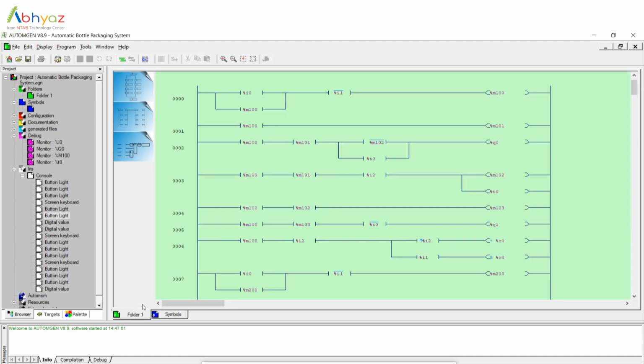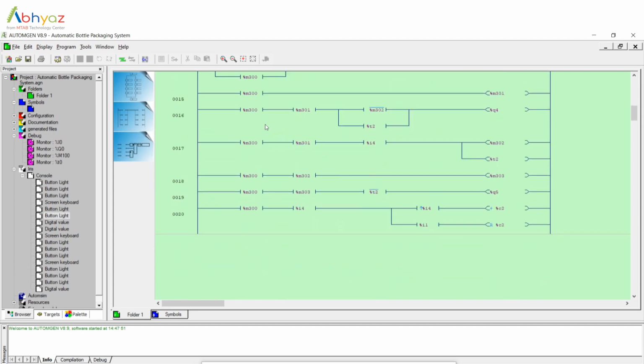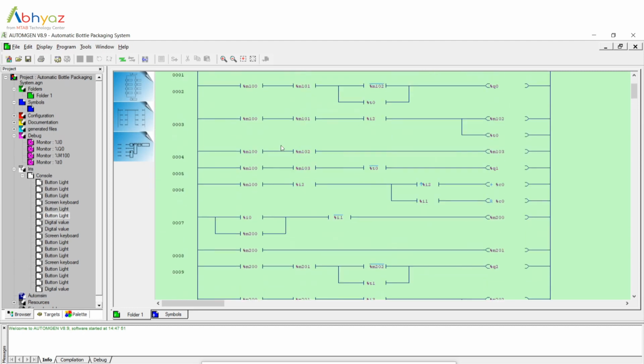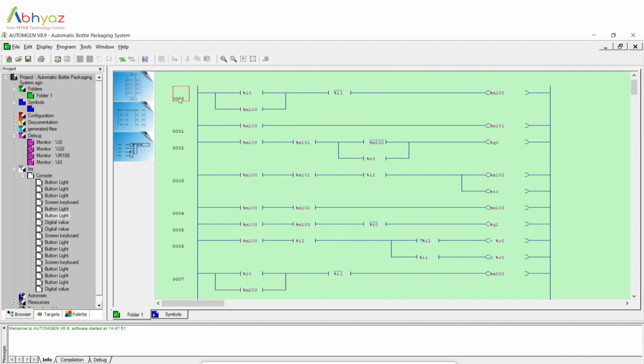So this is the ladder logic which has been applied to this automation process. This is the first rung of the ladder logic. This is the start button address, percentage input 0, and percentage I1 is the stop push button.